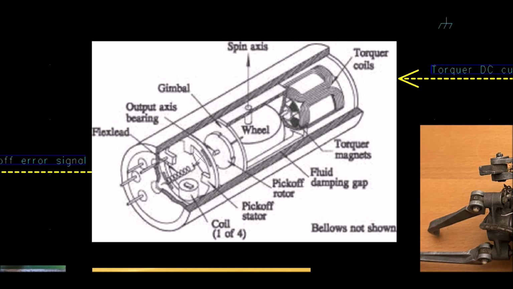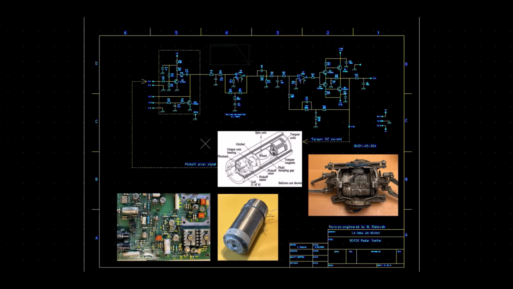This is done using a pick-off here. This is a zero detector, a kind of differential transformer. When the gimbal is centered, there is a null voltage at the output of the pick-off sensor. When there is a change of the angular velocity, there will be an error voltage. This error voltage is amplified, converted into a DC current, and this DC current is fed to the torquer coils, which permits to provide a torque in order to retrieve the null position here. So this is the goal of this amplifier.